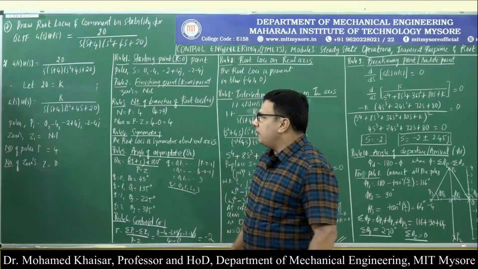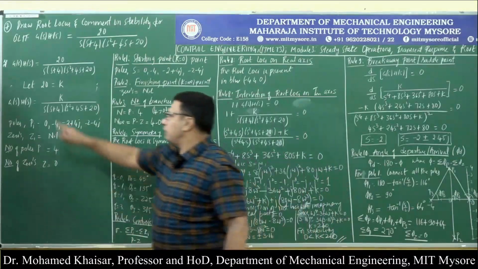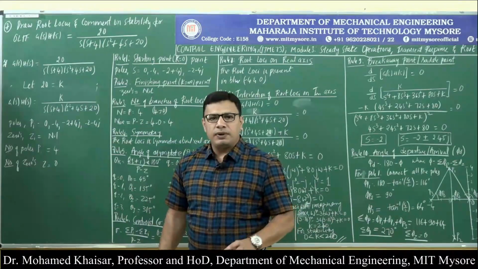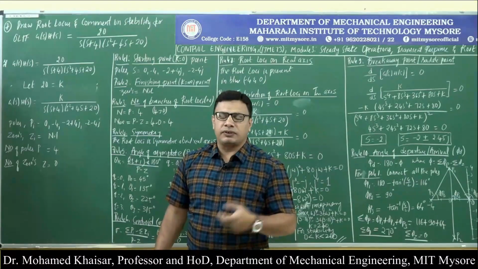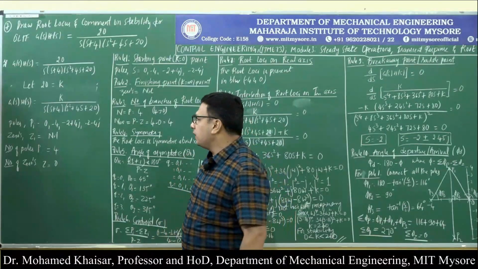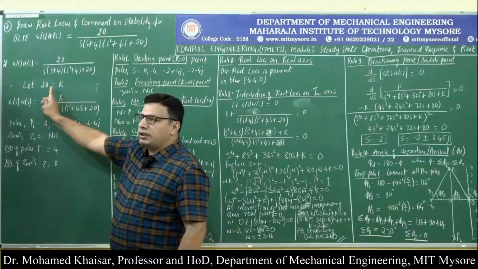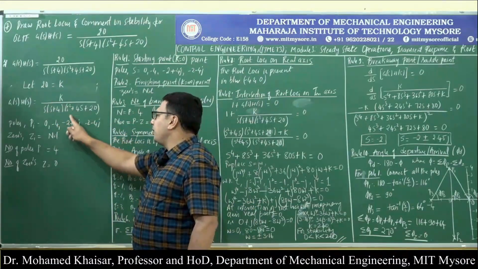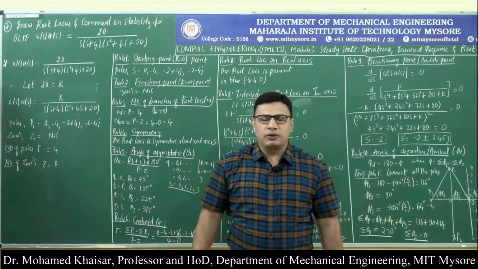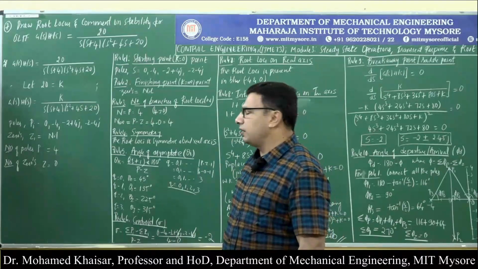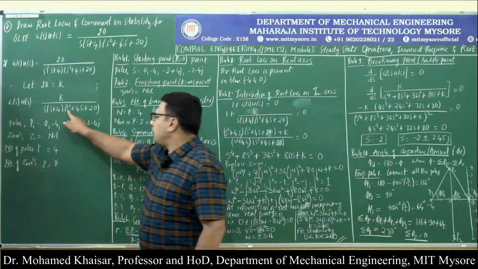The reason is that if we try to draw the root locus plot with the data as 20 alone, then we will not be able to know the range of values of gain, or the range of values of K, for which the system is going to be stable. For this reason, we have assumed 20 to be equal to K. Then, for s square plus 4s plus 20, we will apply the formula to find the roots, that is minus b plus or minus root of b square minus 4ac, and find the roots.